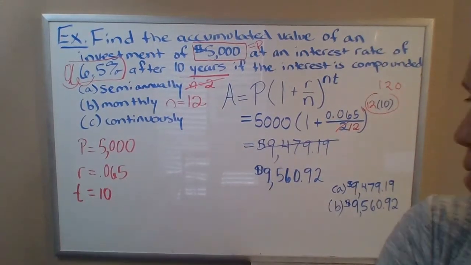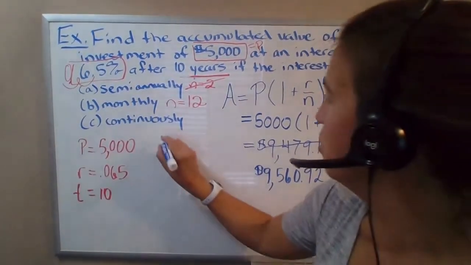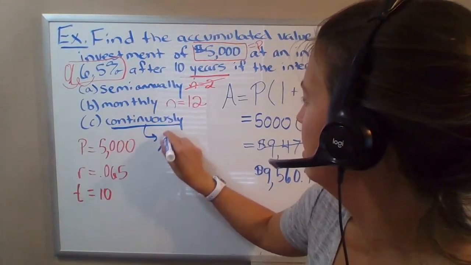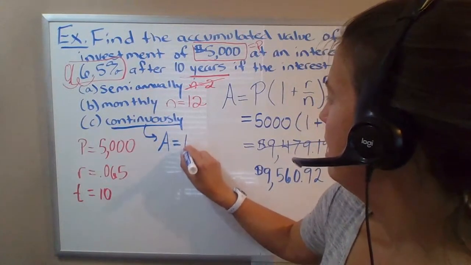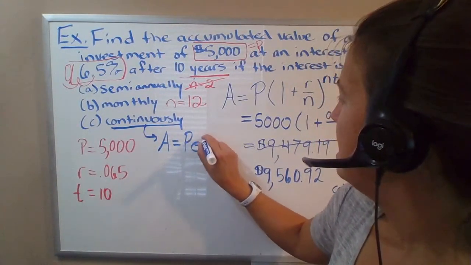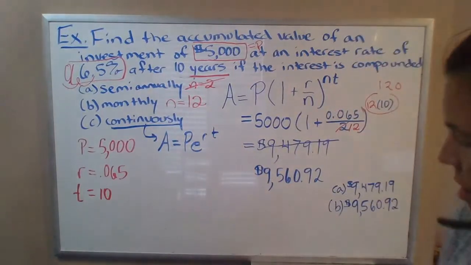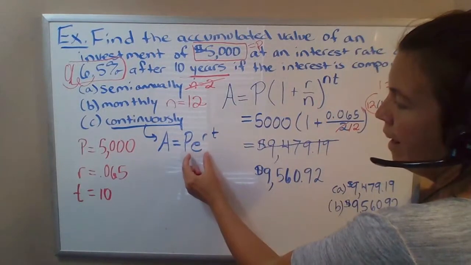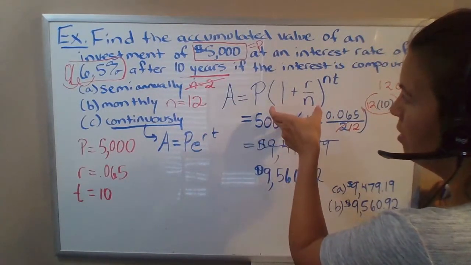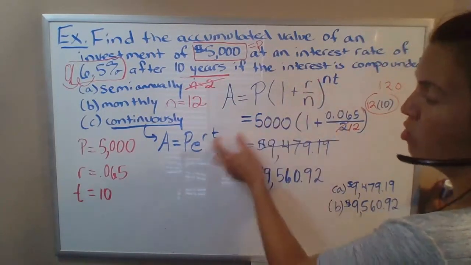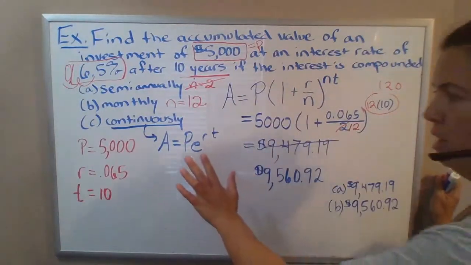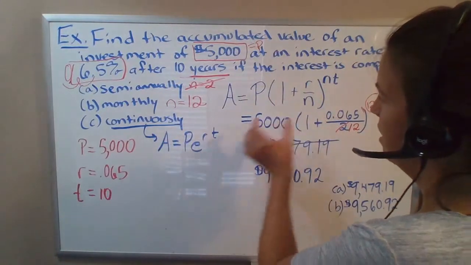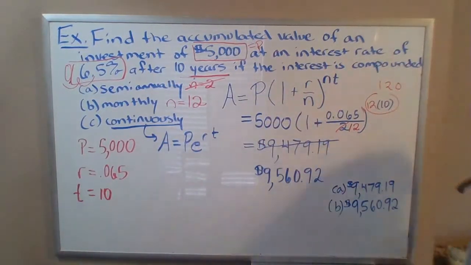For continuously compound interest, we use a whole different formula. If you see this keyword continuously, the formula is A equals P times e to the rt. So if you consider how this formula is different, the e is replacing this 1 plus r over n. Now the exponent has changed as well. I'm not getting into precise differences between these functions, but I will say, and you'll see in your notes,